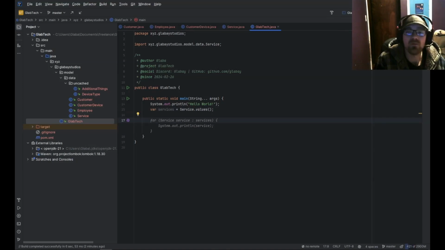There's a few different ways that we can go about this. You'll see that my AI has just generated what's known as a forEach. This is simply for each element inside of the array, do something. In this case, for each service inside of services, we want you to simply print out the service. And what that's going to do is it's going to look at the service class, and it's going to print out the